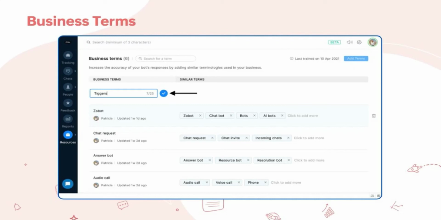Whenever you define a bunch of business terms, the answer bot gets trained with all the terms that are defined here, breaks down visitors' queries, and matches them with the available articles and FAQs. They also make your bots more efficient and give them the ability to recognize visitors' queries and then answer them, irrespective of the term used. Thus, the accuracy of the bot replies is increased. A rich collection of terms in the business terms module will enhance your answer bot's accuracy.